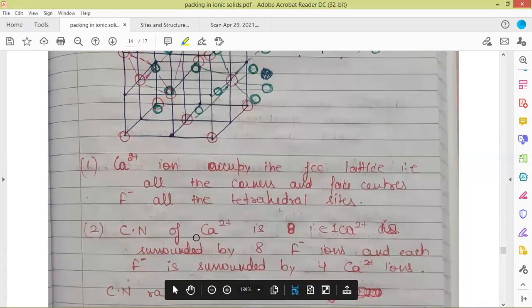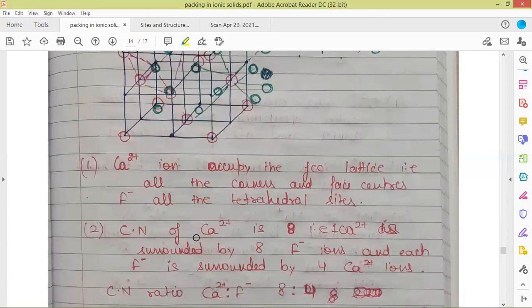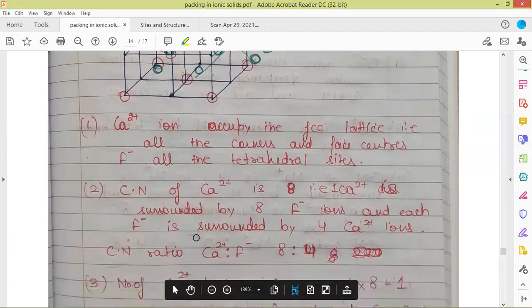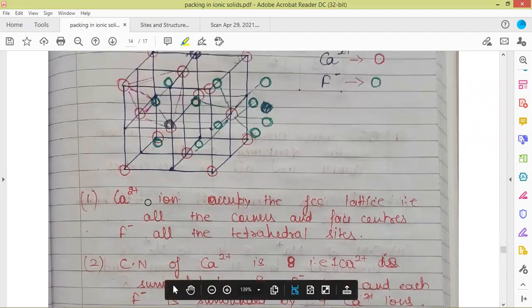So in summary, we can see that for the first point, calcium ions occupy the FCC lattice. That means they'll occupy all the corners and face centers, and fluoride ions are going to occupy all the tetrahedral sites. Coordination number of calcium is 8 because each calcium is surrounded by 8 fluoride ions, and